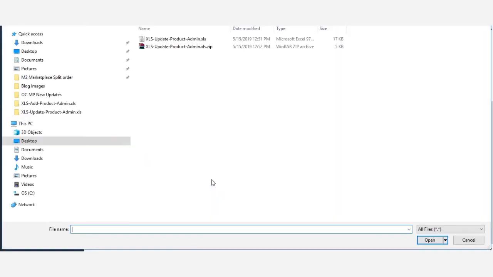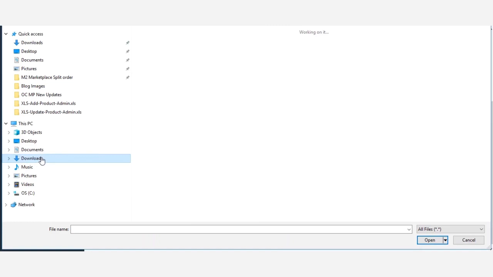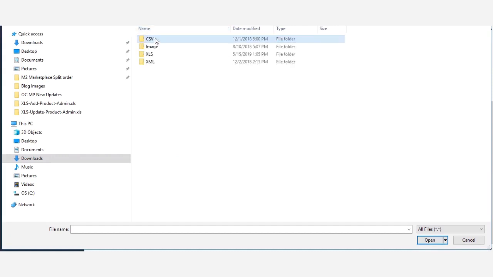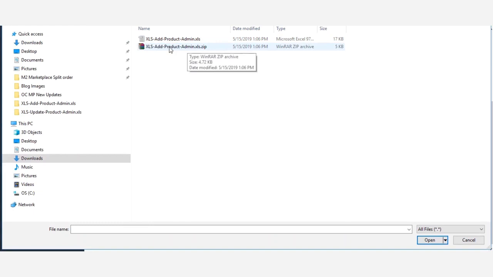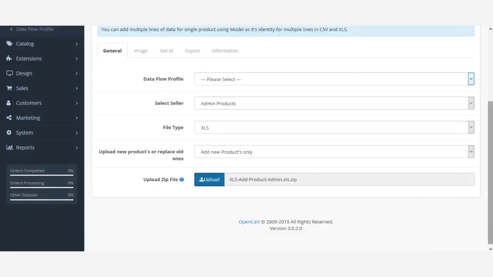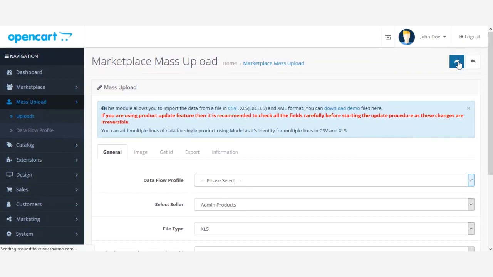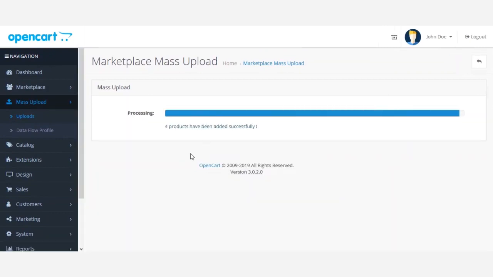I'll hit the upload file, and I'll go to my desktop again. Sorry, I'll go to my downloads section, and here I'll go to my demo1 file folder, and within that I'll go to my XLS folder, and within that folder we had our extracted add product XML file. We'll go into that, and the zip that we have created, we'll select that up and we'll hit the open button. We'll go up and we'll hit the next button thereafter,